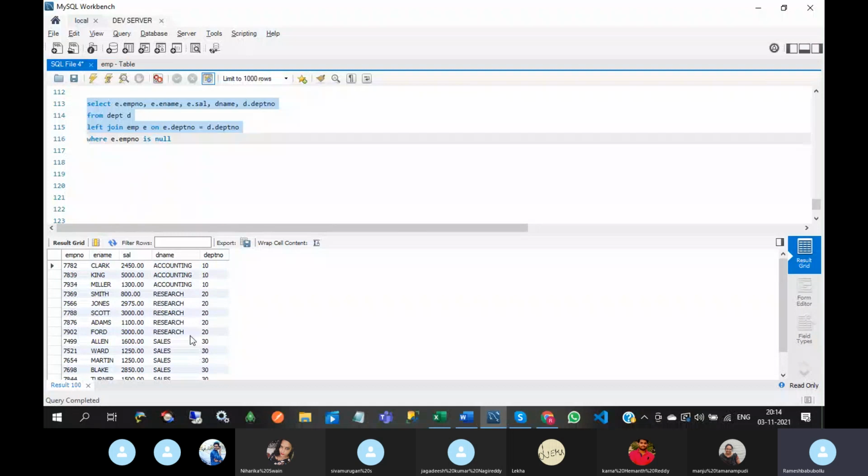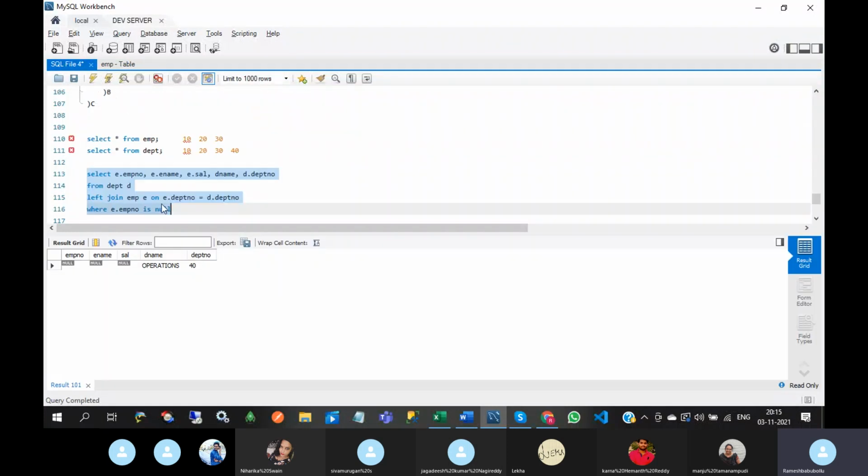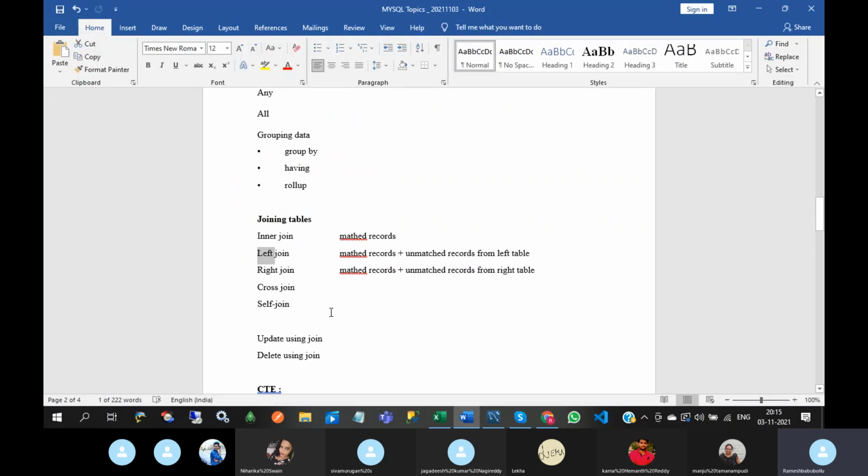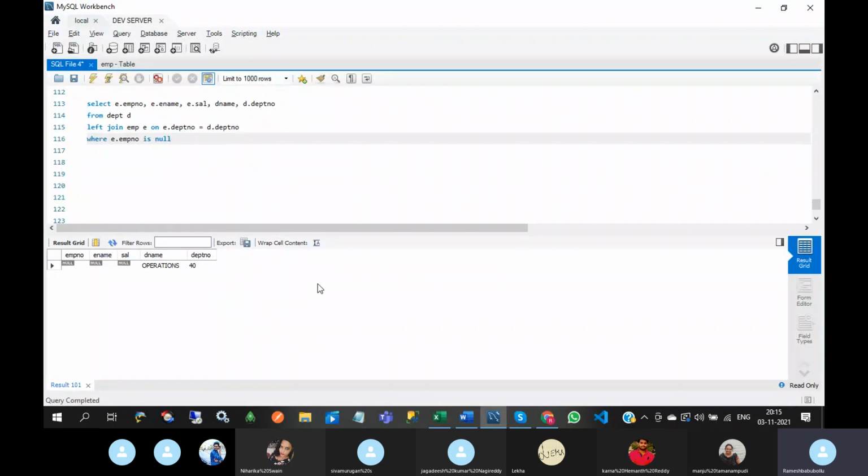See this. If you want to get only 40, then we can use this one. This is left join, right join, inner join. Next, cross join. Cross join makes the Cartesian product of rows from multiple tables.